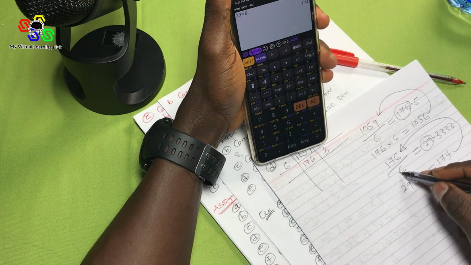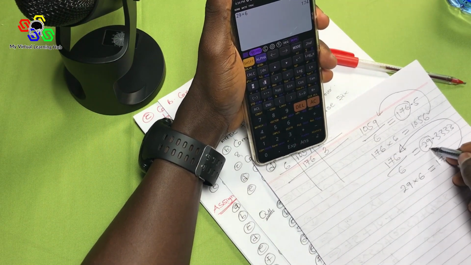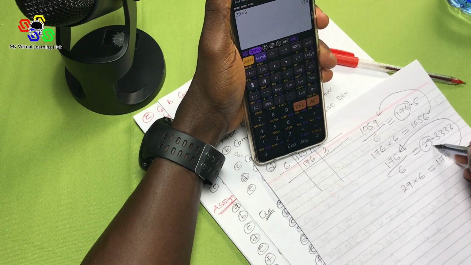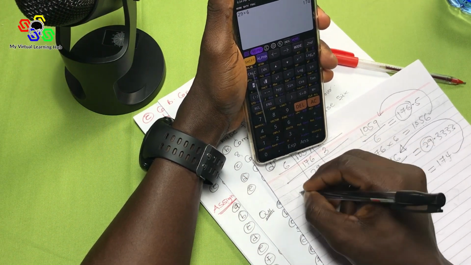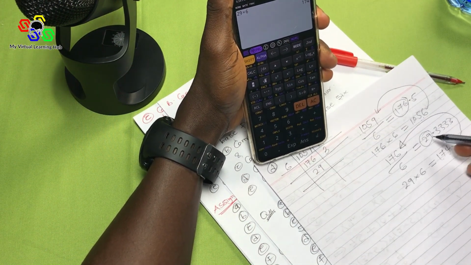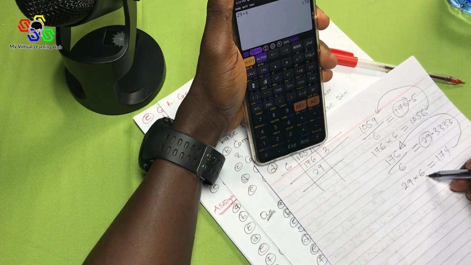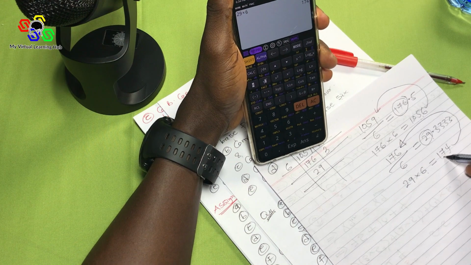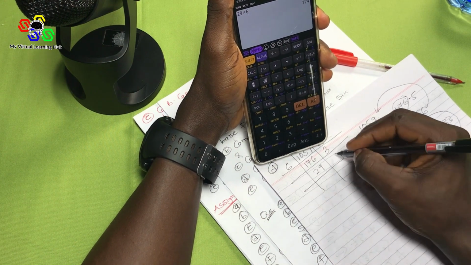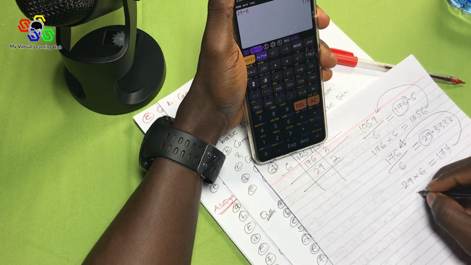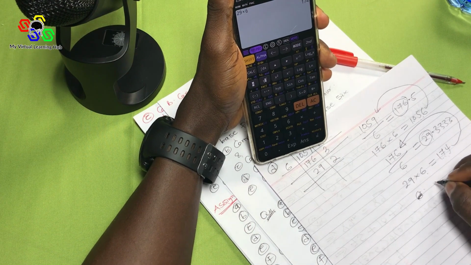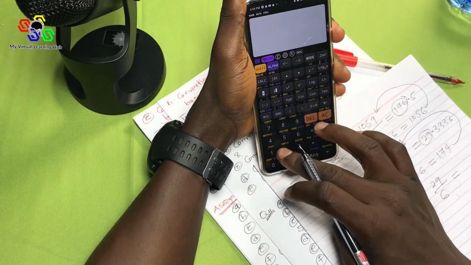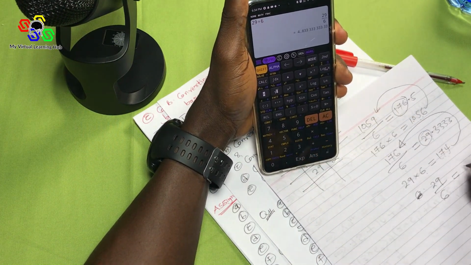By then, let's write the main number here. So 6 will go into 176, 29. The remainder is obtained when you use the 29 to multiply the 6, and you take the result from the 176. So we had 174 from 176 is 2. We continue to do the division. 29 divided by 6 will give us